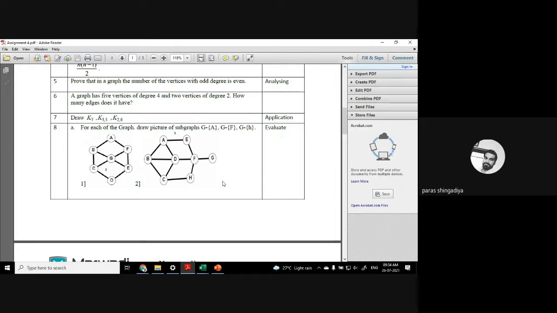When we remove this A, it means this vertex you have to remove. And there are two edges connected. As we know, without a vertex we cannot form an edge. So when you delete this vertex, these two edges also will be removed. So what is the remaining set? This part is remaining in this graph, and you have to draw it. That is called the G minus A graph.